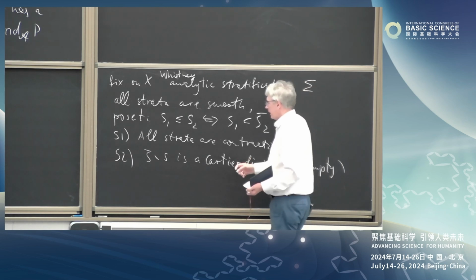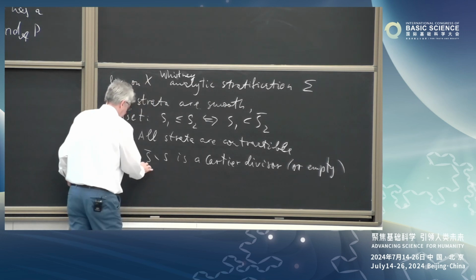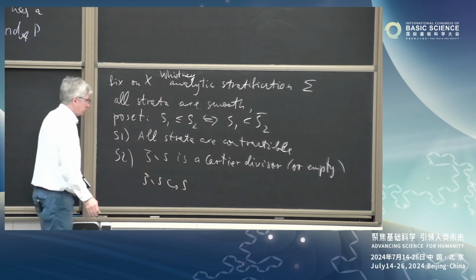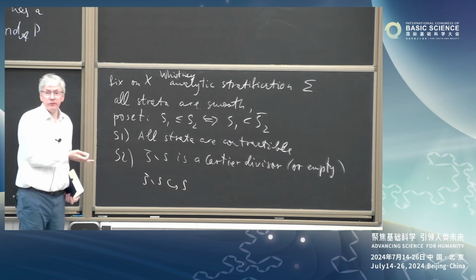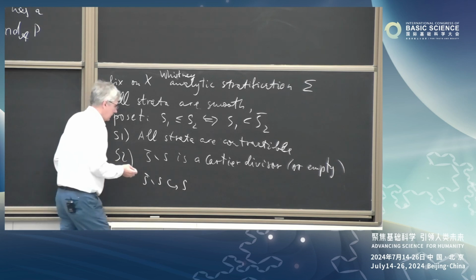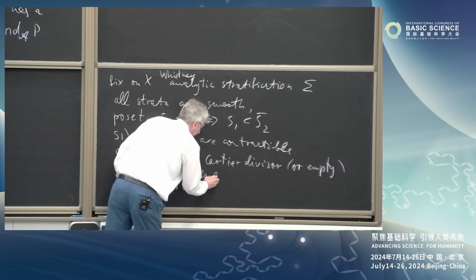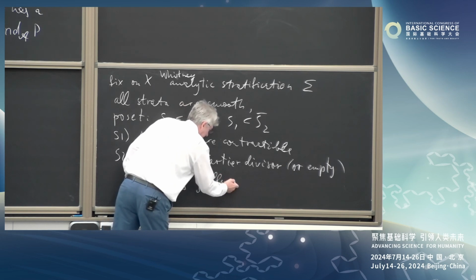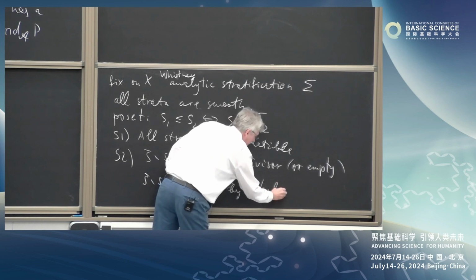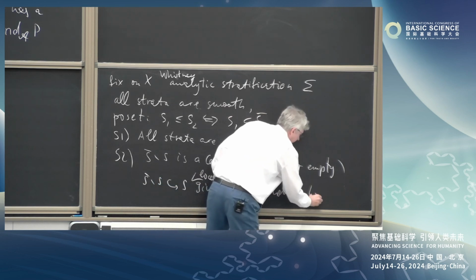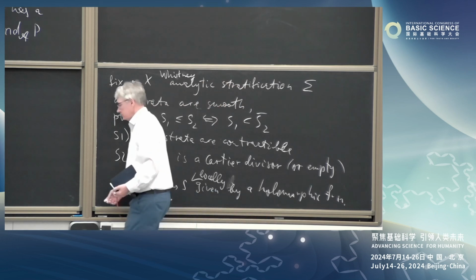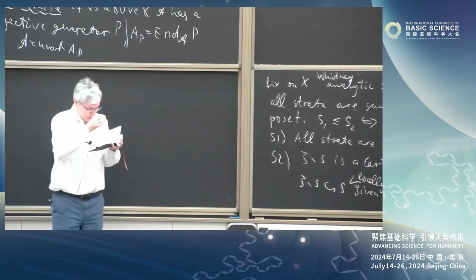By Cartier divisor here, I mean this: if you consider S bar minus S as something closed inside S bar, then it should be locally given by one holomorphic function. So under this condition, there is a